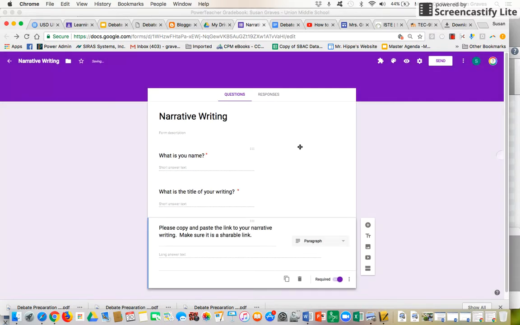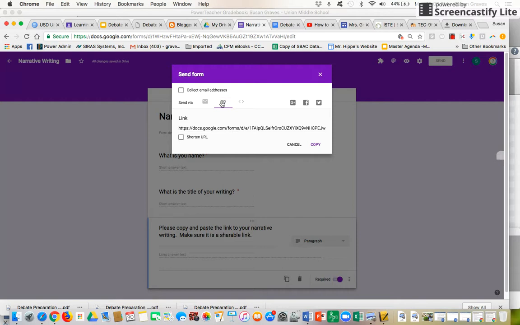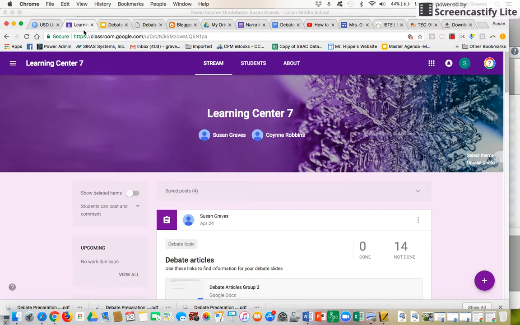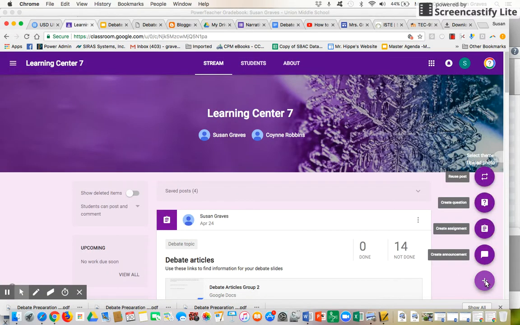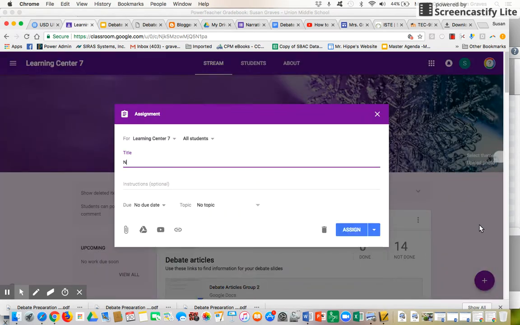Okay. Another thing I can do is I can go ahead and I can get a shareable link, and I usually will shorten the URL. And I copy this, pressing the Command C button. Then I'm going to go over to my Google Classroom. I'm going to add a new assignment, narrative writing link,